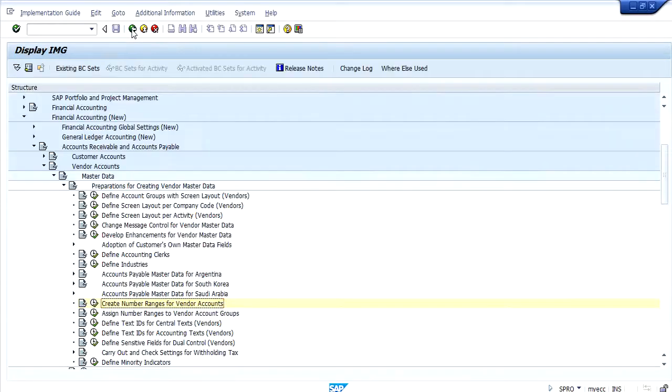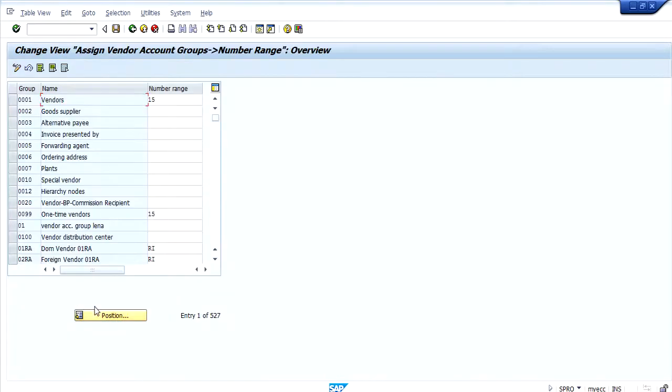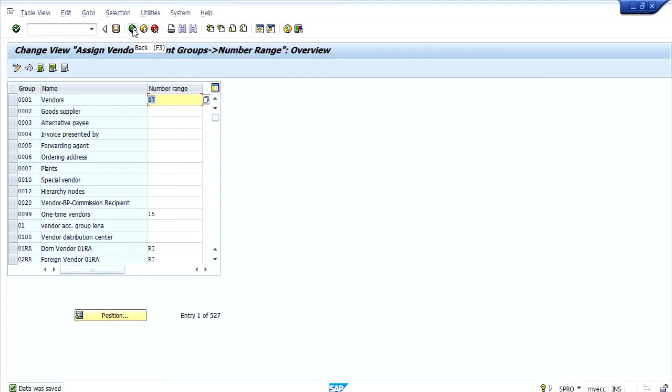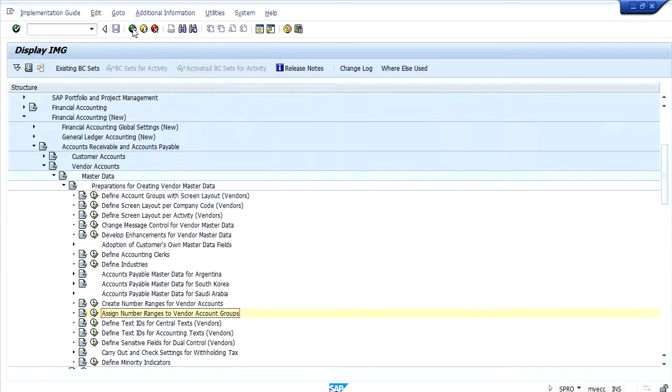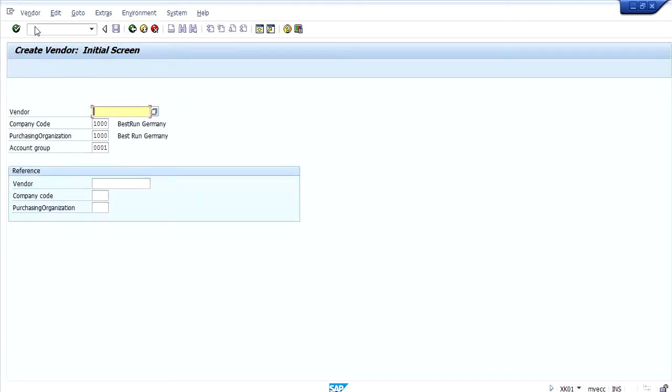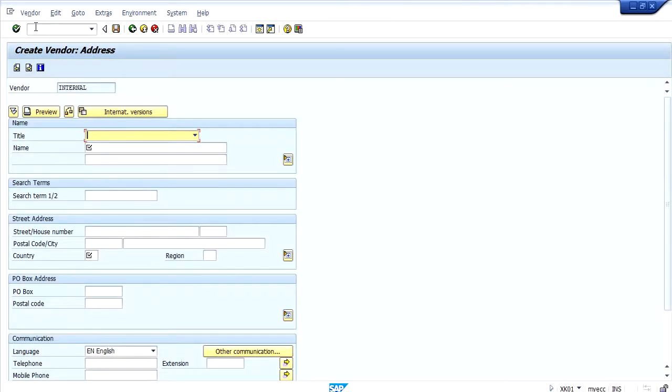In order to assign, one has to come back and execute the node assign number range to vendor account groups. So now 07 has been assigned. So now let us try one more time. Then create vendor master record.